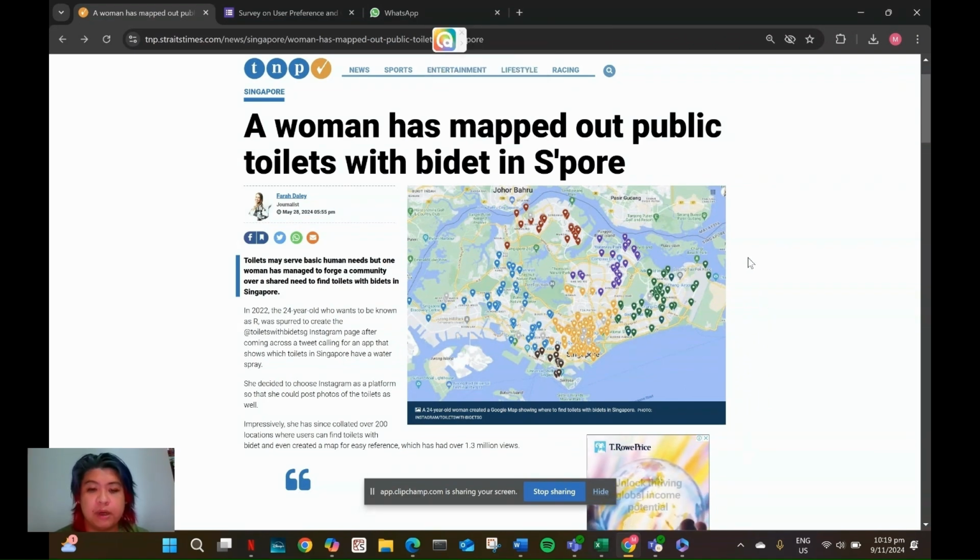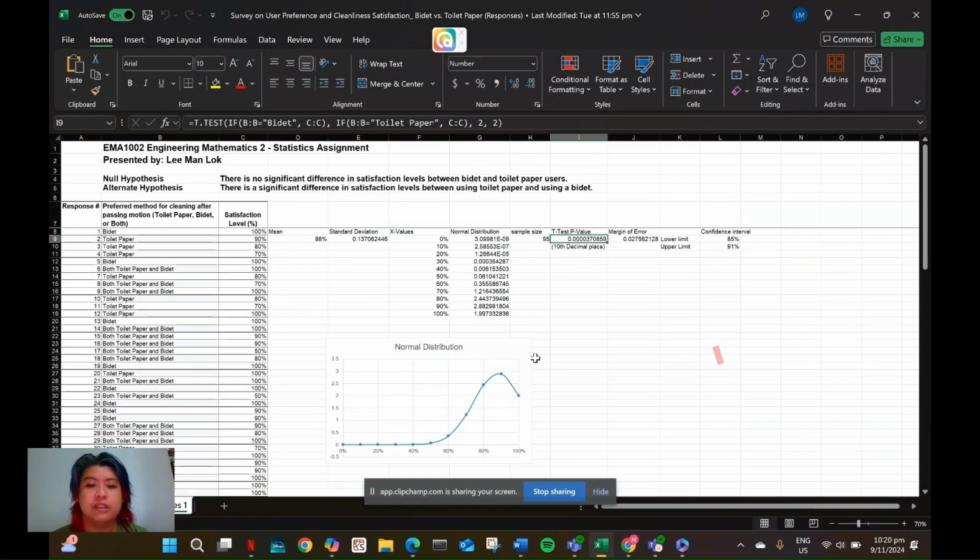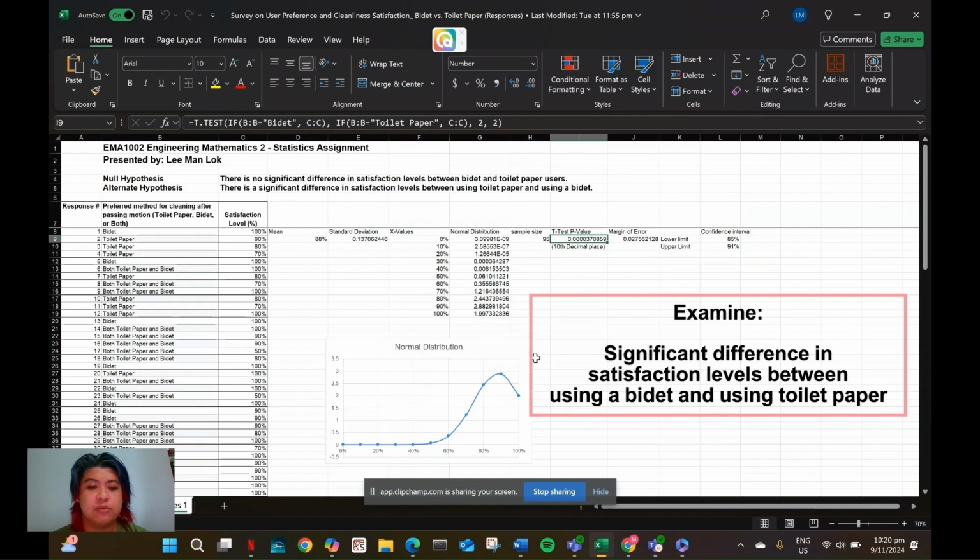According to a report by a newspaper, a woman in Singapore mapped out public toilets equipped with bidets, and her efforts garnered over 1.3 million views. The article highlights that many people relate to her claim that using a bidet is more satisfying than toilet paper. Today, I will be using statistics to examine if there's a significant difference in satisfaction between using a bidet and